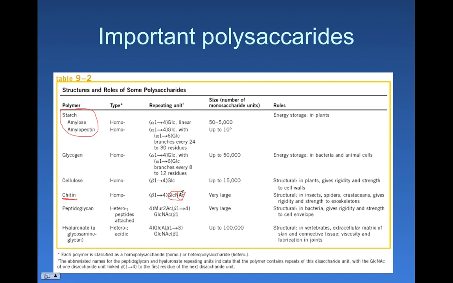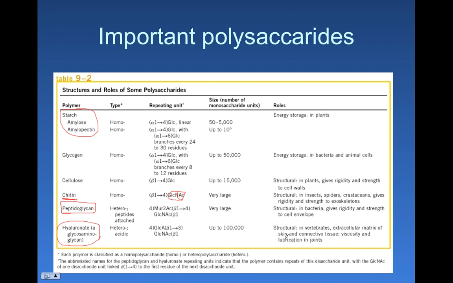That has an acetyl group and an amine on it. Peptidoglycan we've talked about before, or actually we haven't talked about before. We're going to talk about that in just a minute, but this is part of the bacterial cell wall that has these NAG polymers, and this is a structural polysaccharide